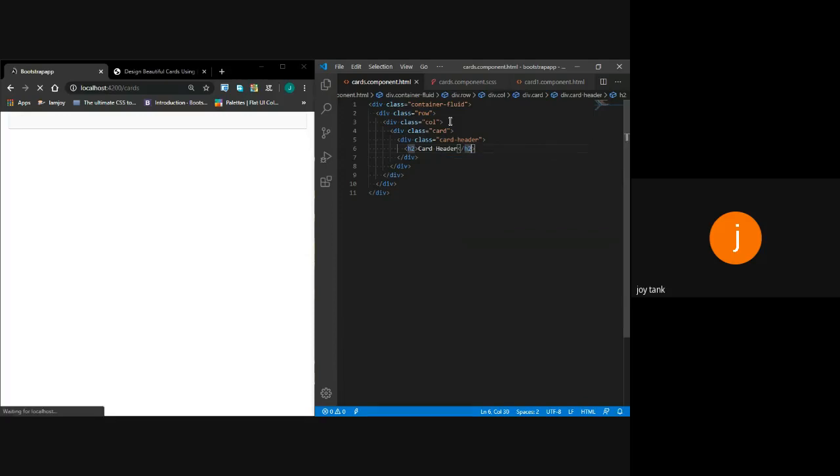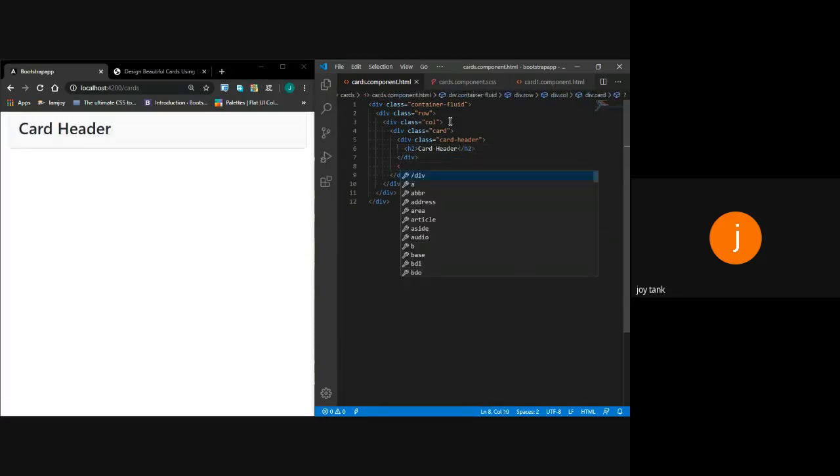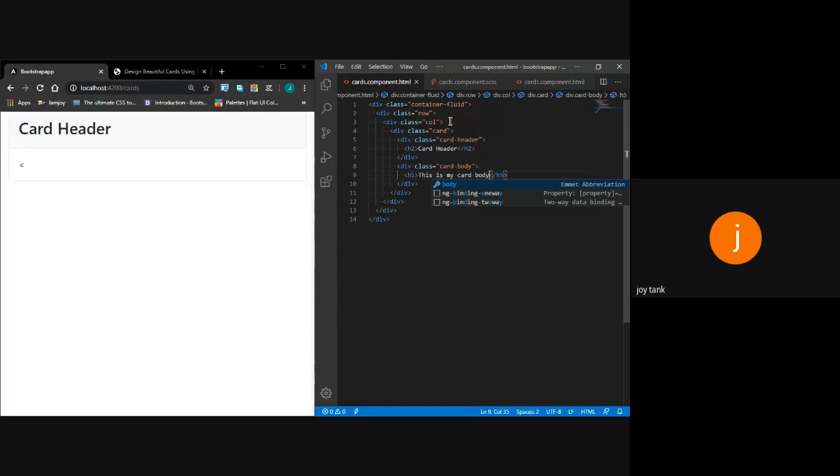Next I'm going to create card body, with the class card-body. Card body must contain something, like, this is my card body.